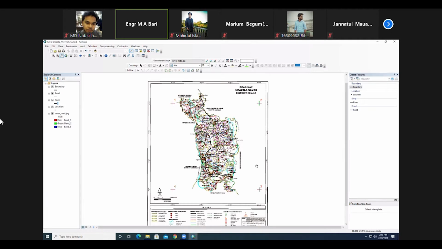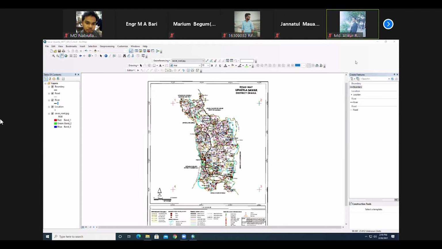So, how to digitize this portion? Everybody, I think, has already opened it.